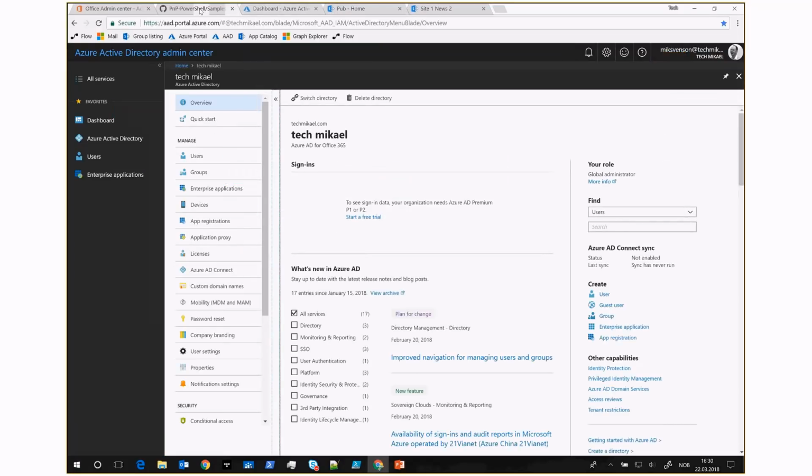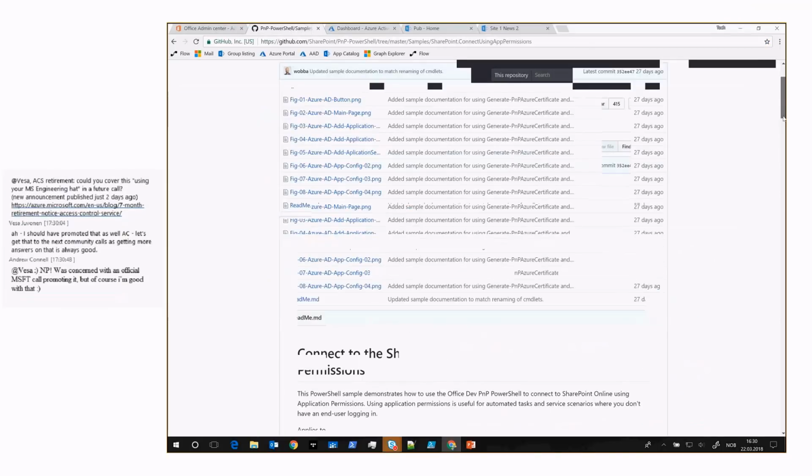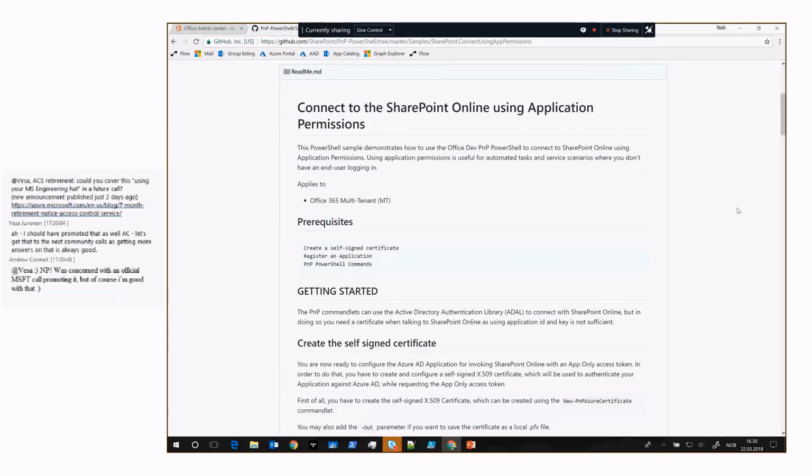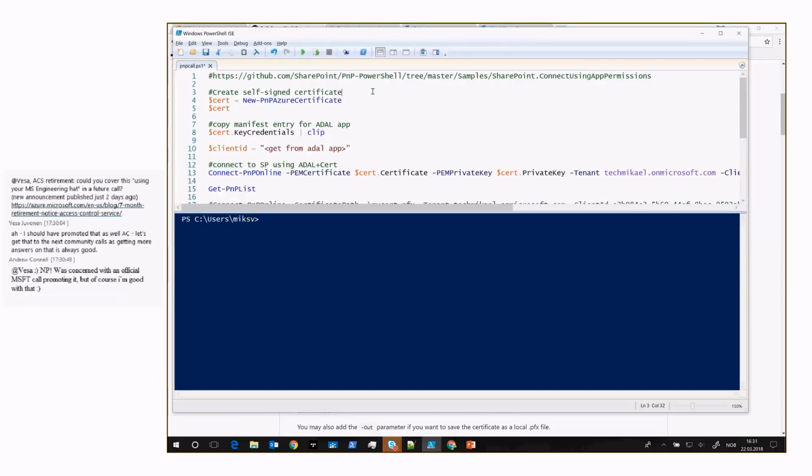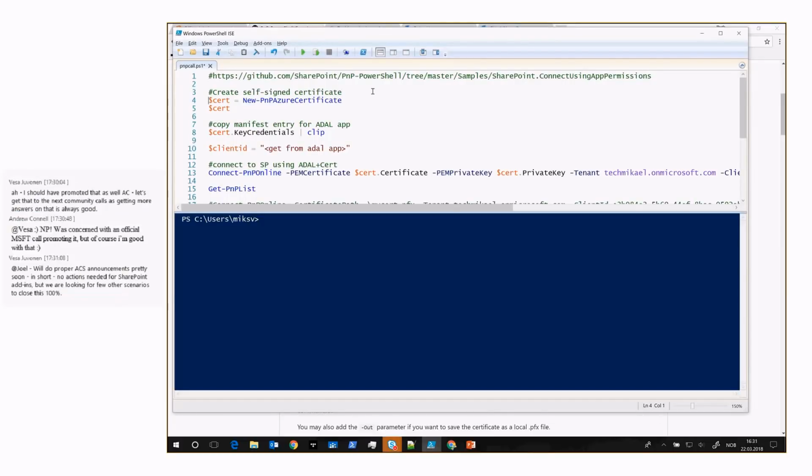I see it. Right. So here's the sample. The steps required there are basically: one, create a certificate, create an ADAL application, and then we'll run the commands. So if I go to my PowerShell here, first we will create a certificate using the New-PnPAzureCertificate commandlet. So if we just run this,